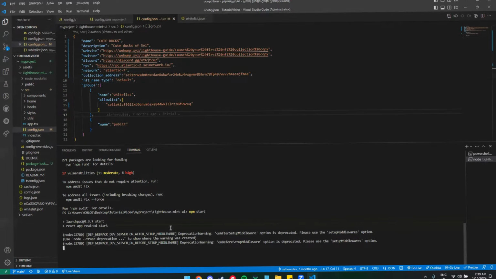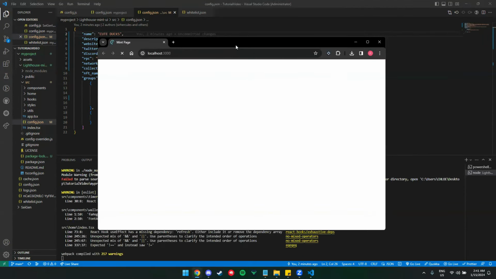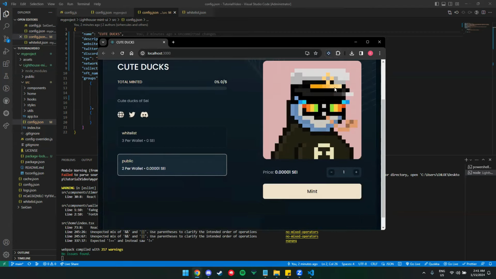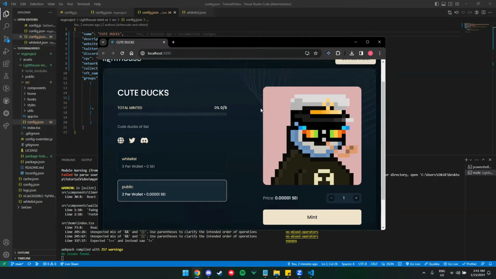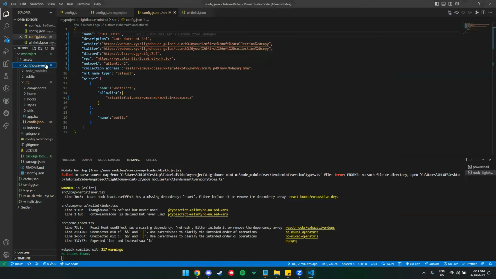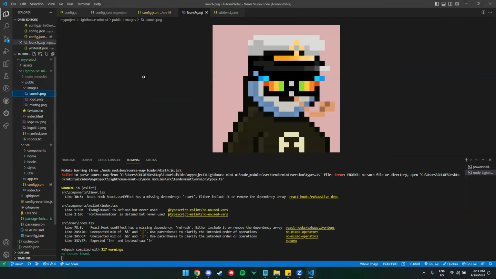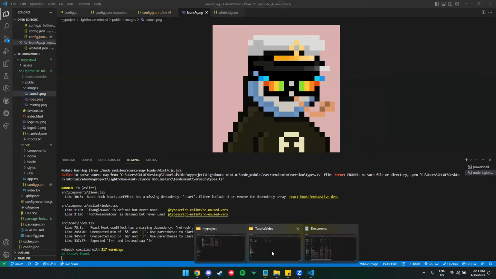Okay, there you go. Once you have minted already, it might take a few more minutes to show under your Compass wallet. With this image, you can also change it under the Lighthouse folder, the public images. You can change this one, and let's try changing that one.